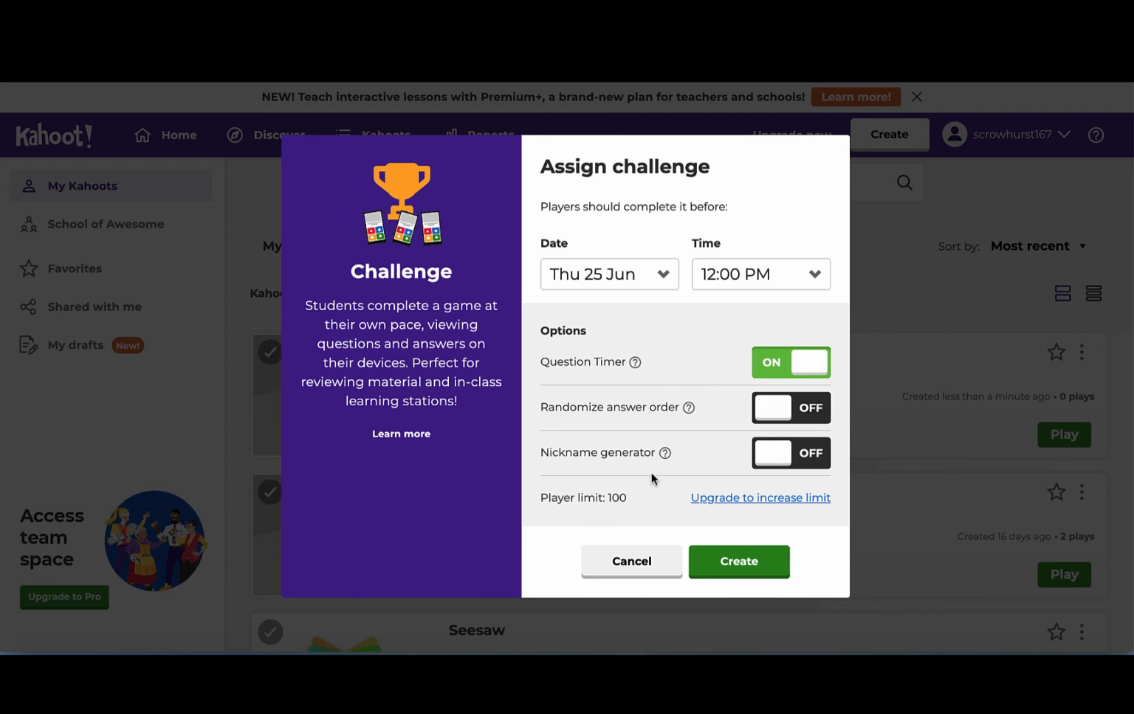There's a nickname generator. If you turn the nickname generator on, this means that all players will be given a unique nickname. But being as we're assigning the quiz to your children, it'd be best that they typed in their own name so that you can have a look at who's done what in the reports later on. Finally, there's a player limit of 100, but that's more than enough for a class of children. So if we hit create,